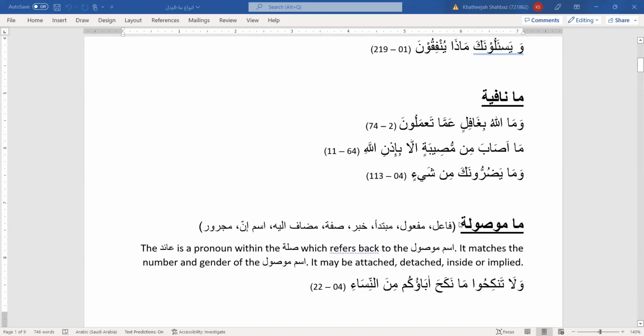Next one, number two, second type, ma nafiya. You know this one too, because normally we translate ma as what or not. So this is where we translate ma as not. Ma nafiya, ma which is used for negation in a sentence. For example, the first example here is